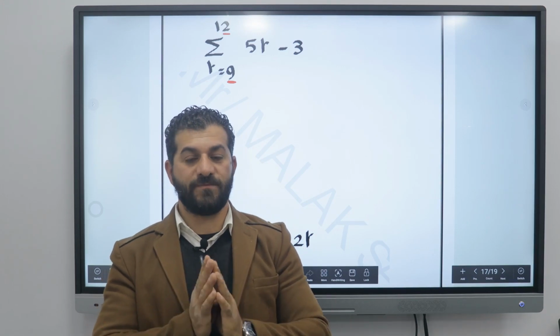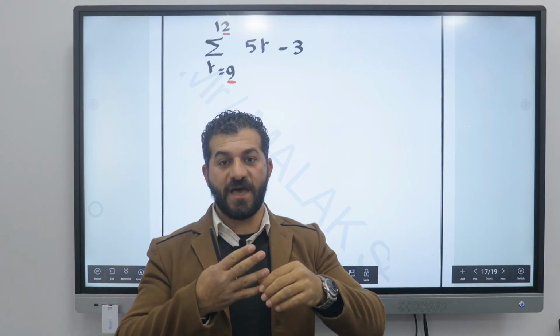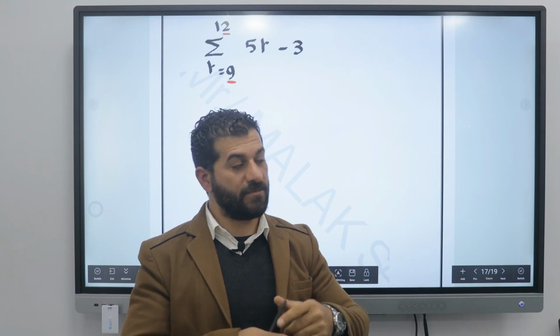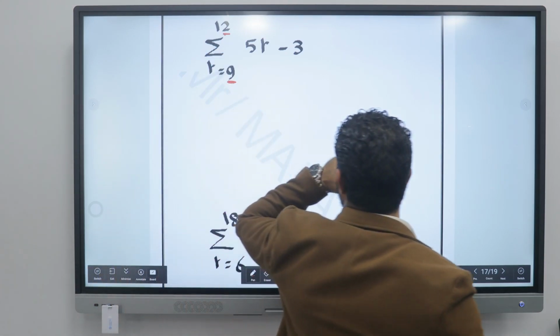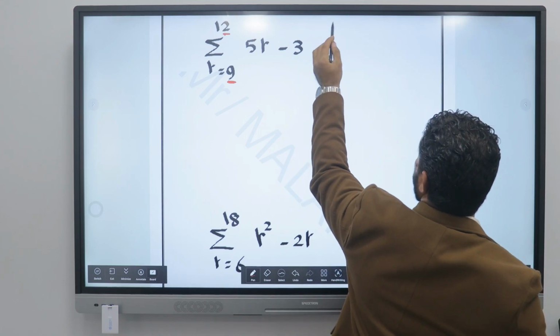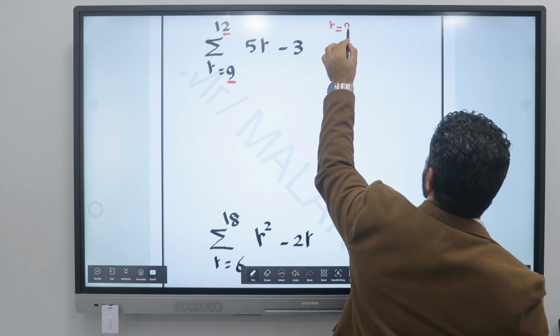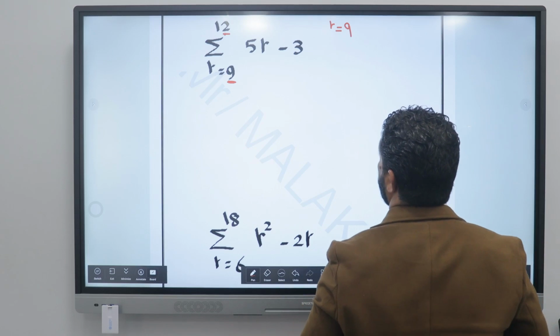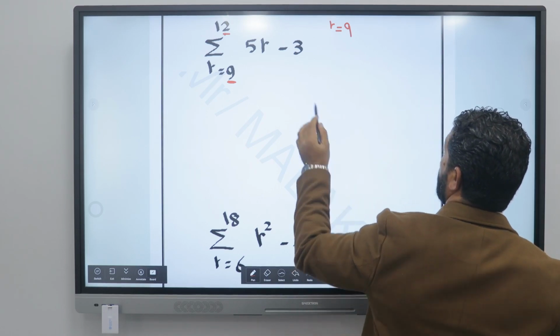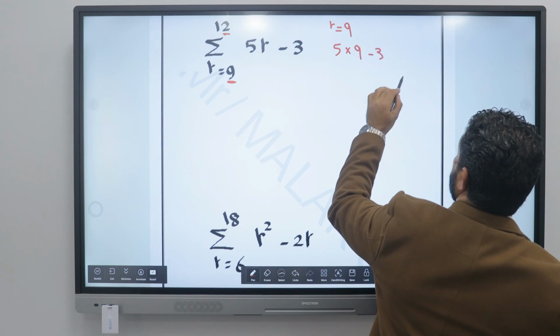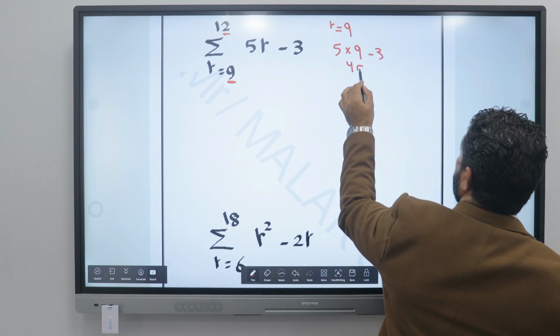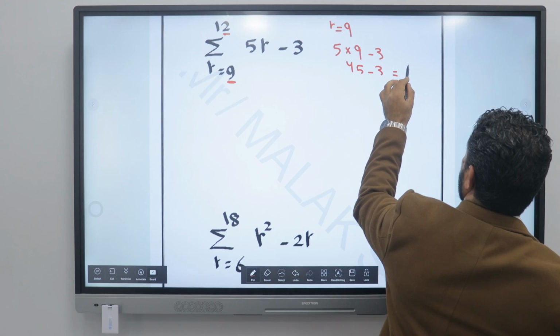No, not all terms, not at all, from the 9th term to the 12th term. So we can find it if r equals 9. What is the term when r equals 9? It will be 5 times 9 minus 3, it's 45 minus 3 which is 42